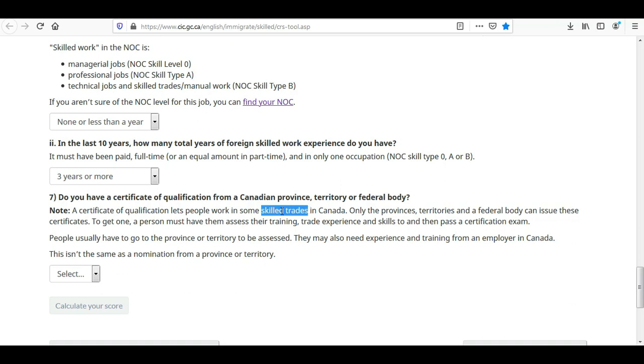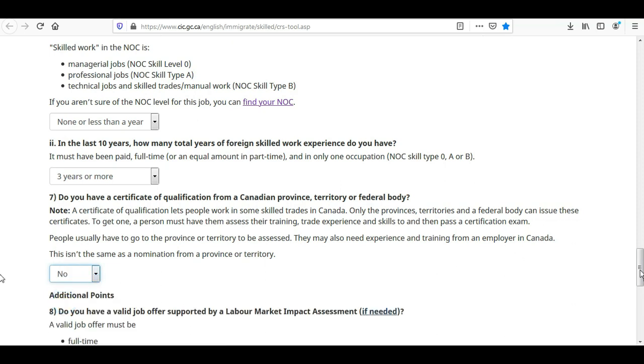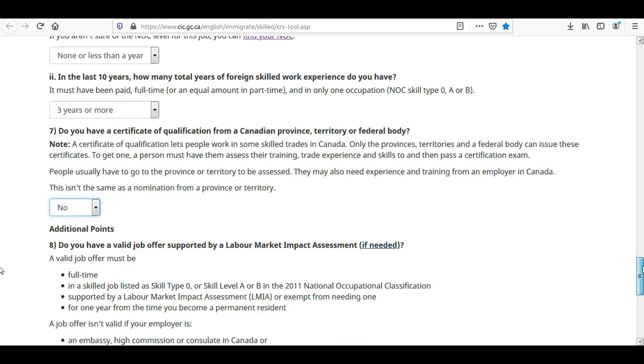If you are applying as an FSW, you may not require a certificate of qualification from a Canadian province. Most NOC codes do not require any certification. So let's select no, we do not have any certificate from the Canadian province.